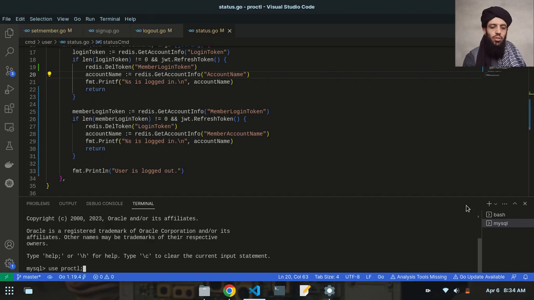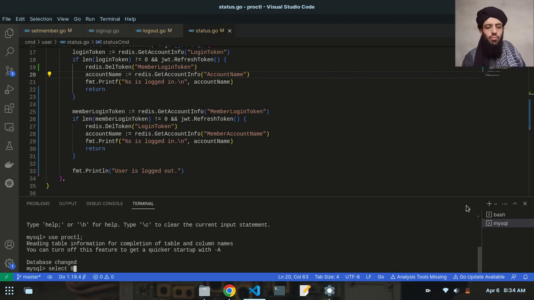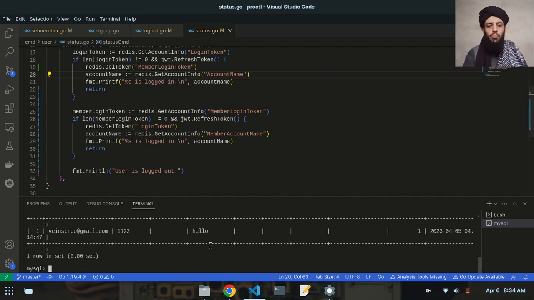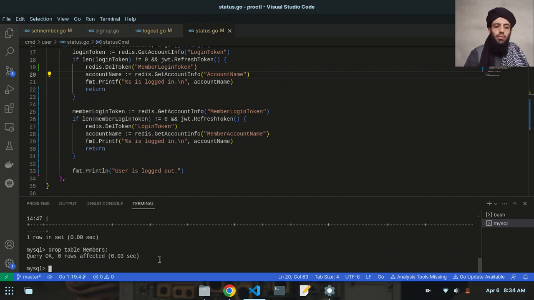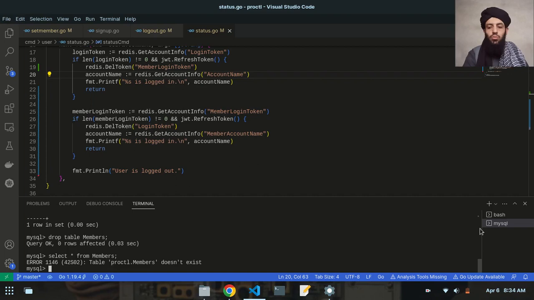Use proctl, select from members. Now you can see that this is the data of the member, so I need to delete this. Drop table members. All right, so now there is no member table present. So now let's go to the